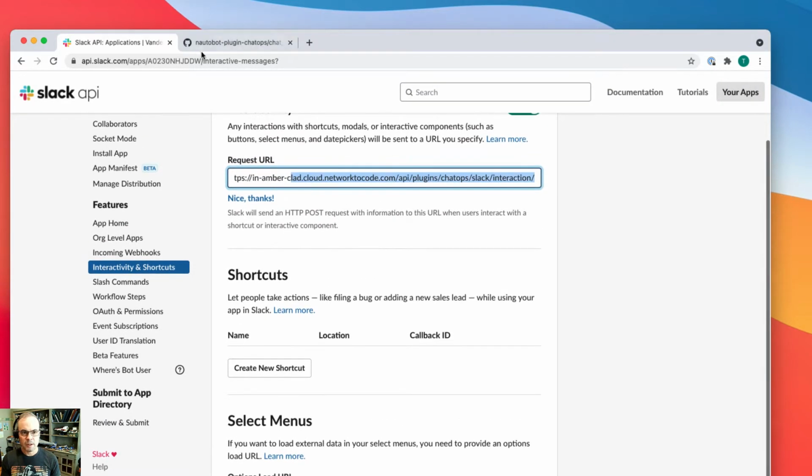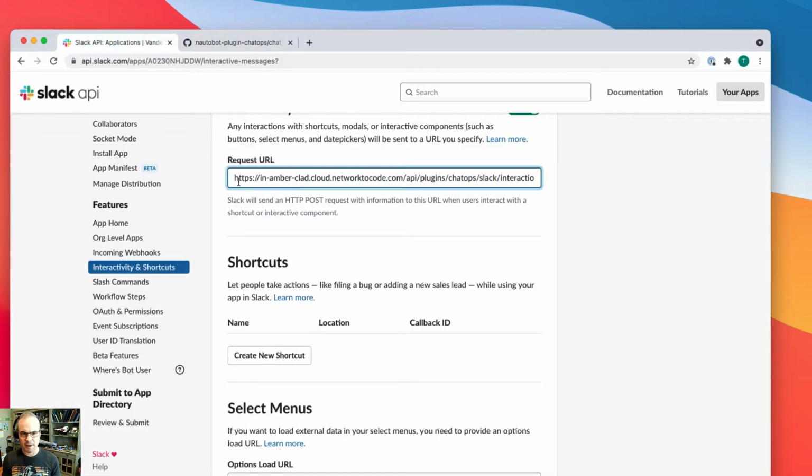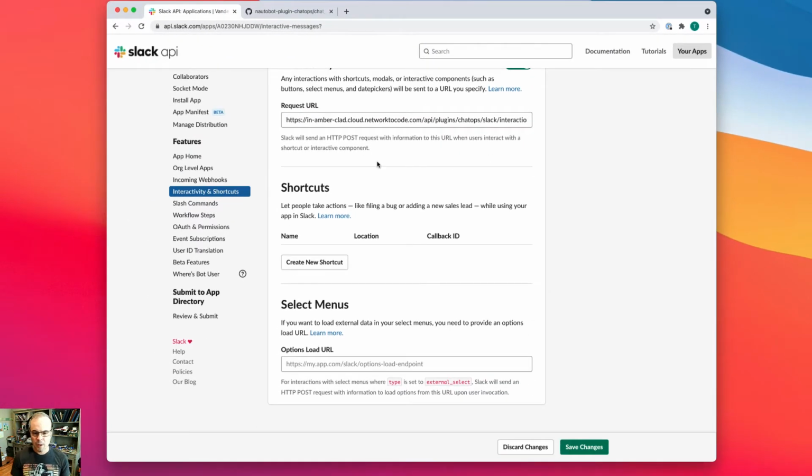Okay, what we're pasting in here has this format of HTTPS, the server name, and then you add on the API plugins ChatOps Slack interaction. So if I go back to what I pasted in here, in Amber Clad, cloudnetworktocode.com is my server name. Then I append on this endpoint here. Go ahead and save the changes,